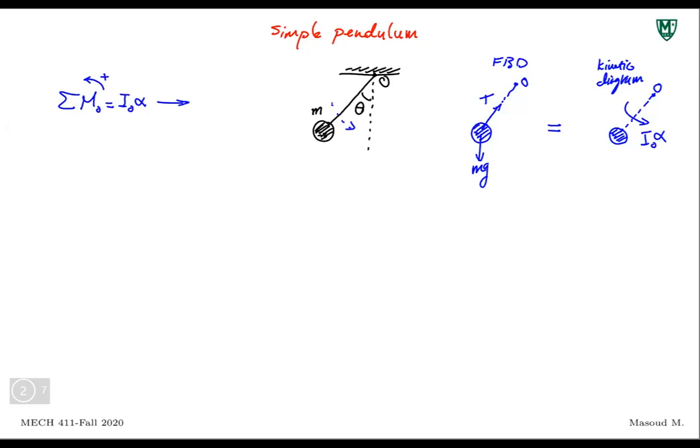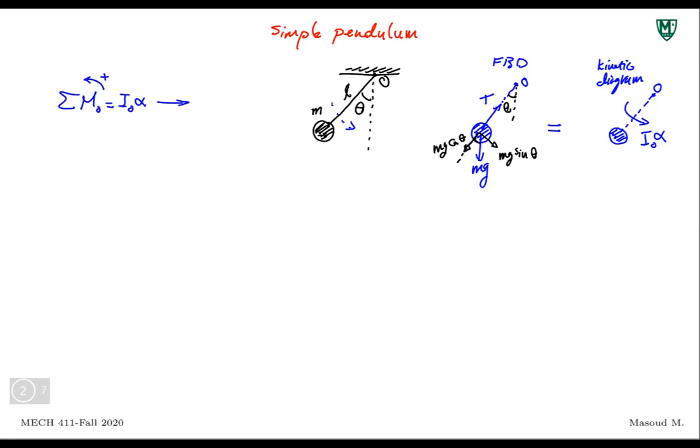I forgot to put the length of this also, we need that, that's L. So, if I decompose the forces here, well, obviously this is theta, which means we are going to have one component of weight here and one component of weight, sorry, here. If this is theta, this would be mg cosine theta, and this would be mg sine theta. That's going to help me to find this